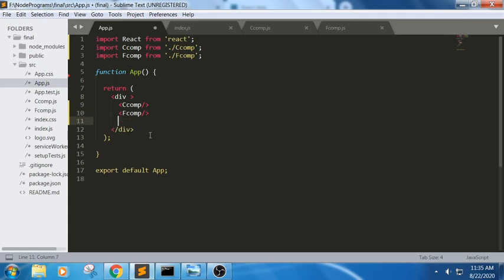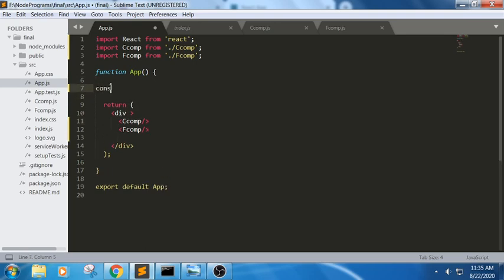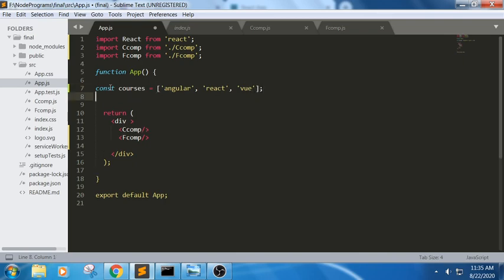So let me check here. For example, I am trying to define some array here. Let me define some array. Constant courses equals, I am trying to write the course names Angular, React and Vue. So we have defined an array here. We have defined an array named courses. If I want to display these values,